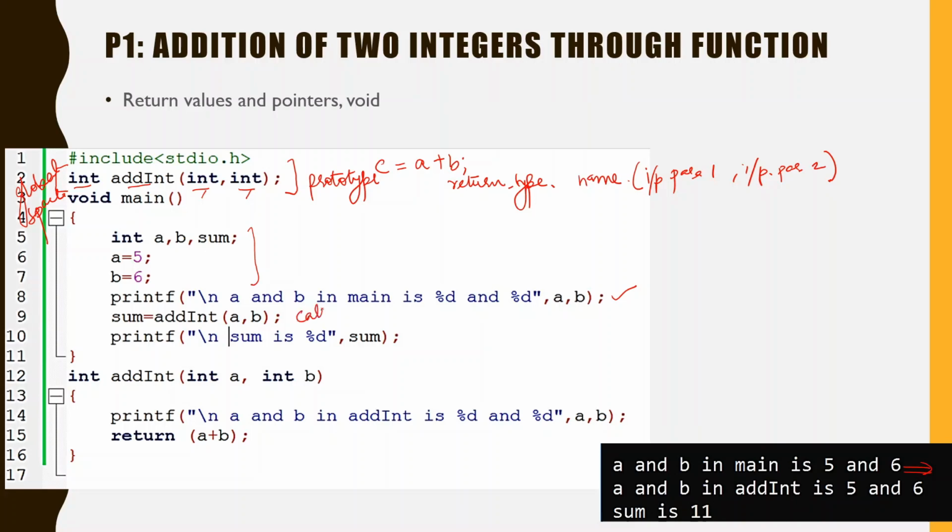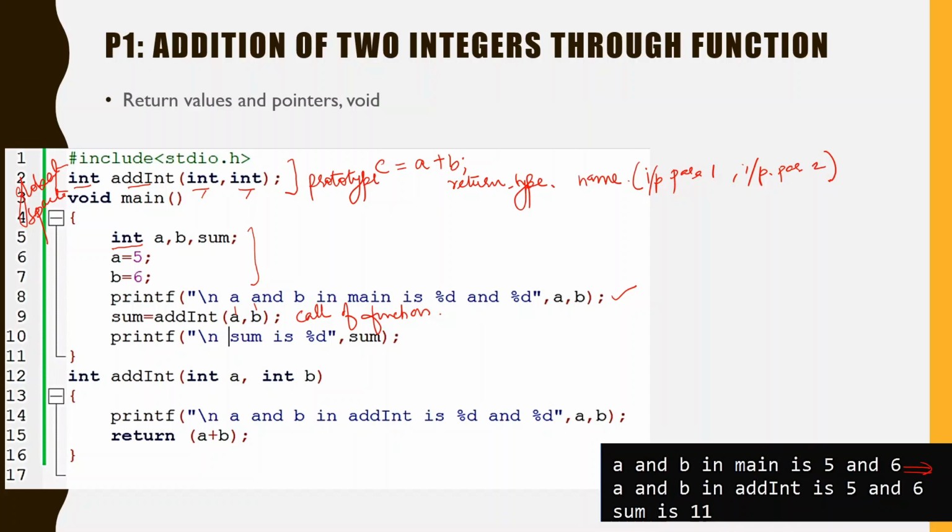So this is the call of the function, and this line is treated as the call of the function. Now notice that this call of the function has some real parameters. Real parameters in the sense that in the prototype we only saw the data types of the parameters written, but here actual integers, that is integers a and b, are given as the input: the first integer and the second integer.